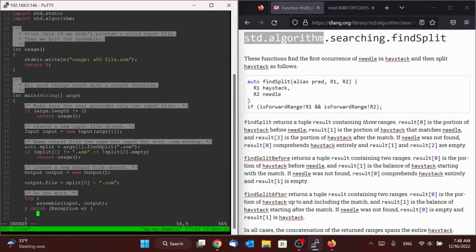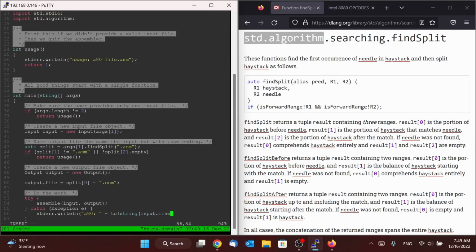However, if something goes wrong along the way, we can throw an exception, and that exception will be caught here. We can use the same trick: we can say stderr.writeln, and then give an error message. That error message will be the name of our program, A80, concatenated with the line that we're currently on in our input file.